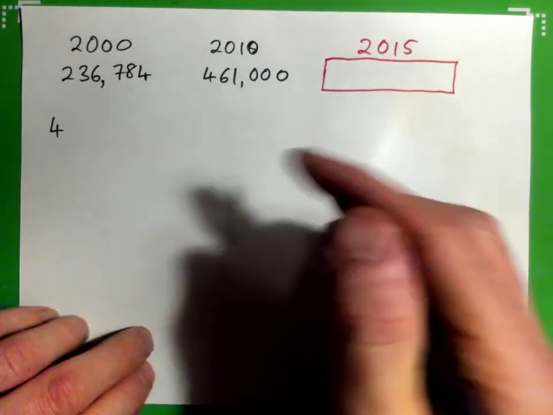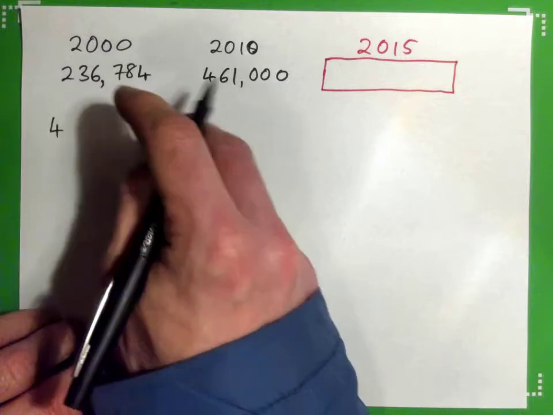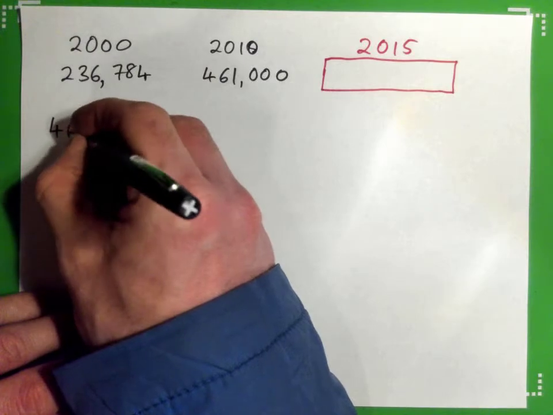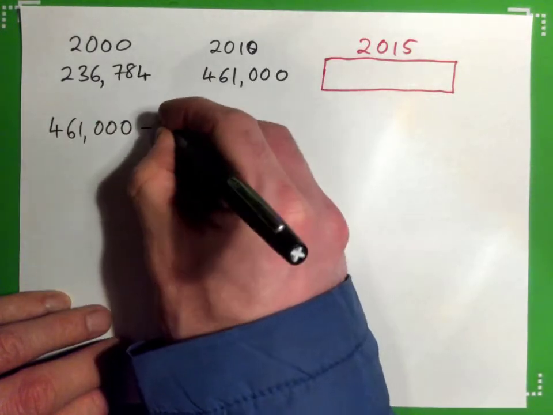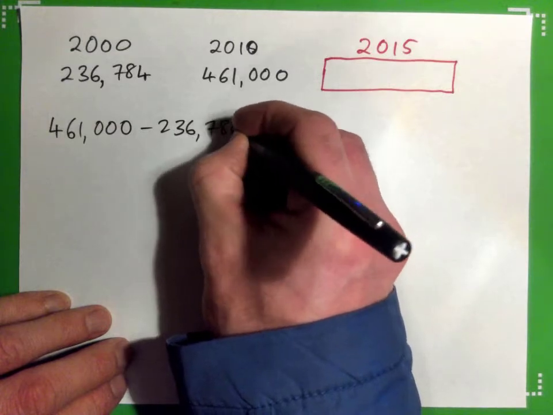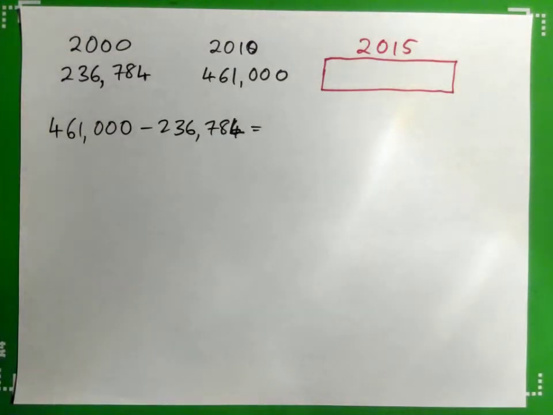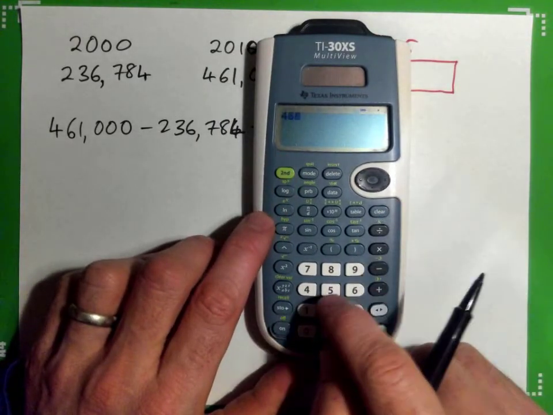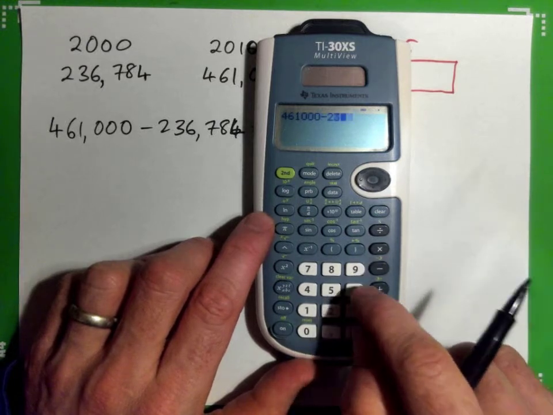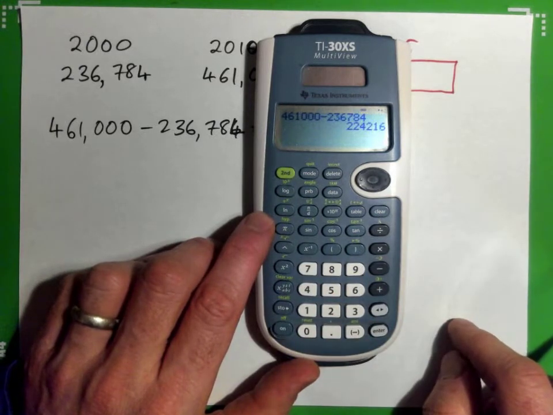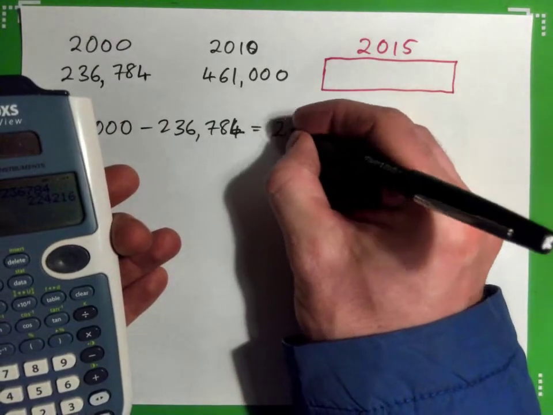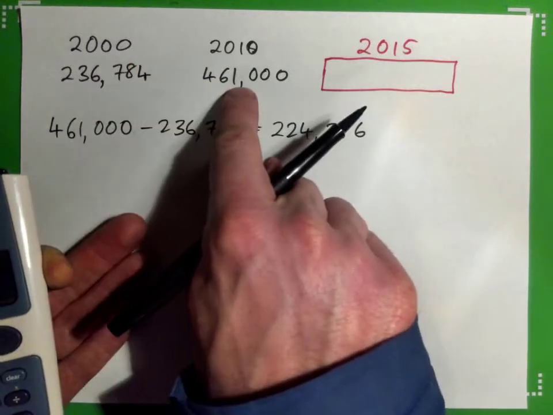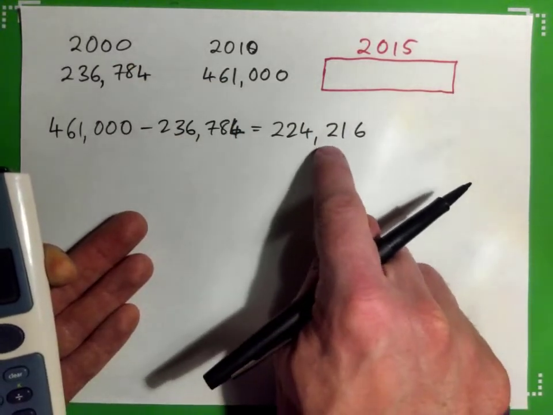So we'll use interpolation. These are just the last 2 years. We forget about everything else in the table, and we say, okay, the last 2 years it went like this. It went that minus this. 224,216. So it has increased by that amount from this year to this year. That was the absolute increase, right?